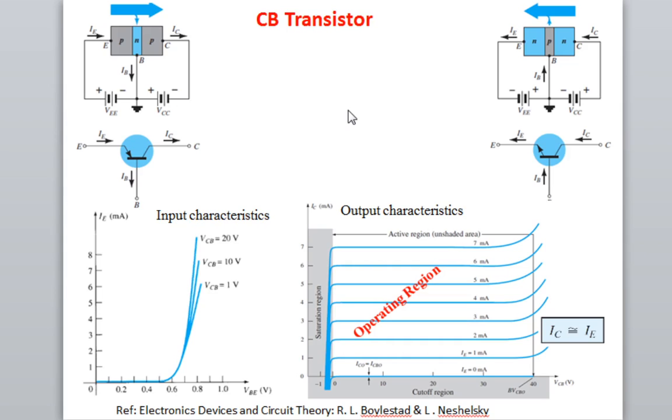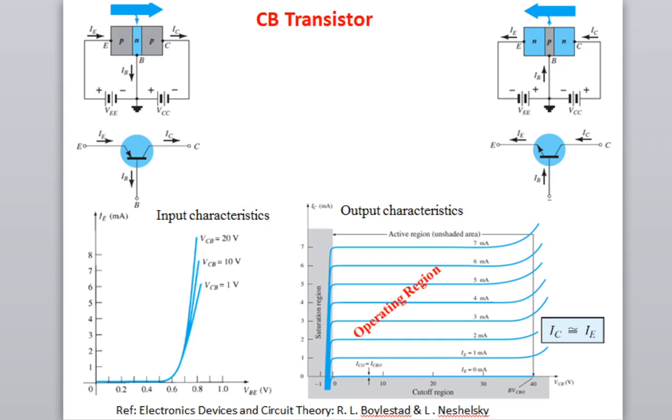So let's try to understand common base transistor configuration, and then I will explain the common collector transistor configuration. And I think that common collector is not mentioned in your syllabus, so I will try to focus only on the common emitter and common base transistor. Out of the 3, common base and common emitter are very important. And one of the most important is the common emitter transistor, because most of the time common emitter transistors are used as an amplifier circuit.